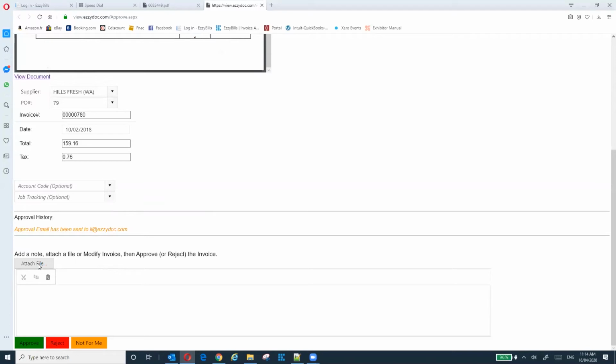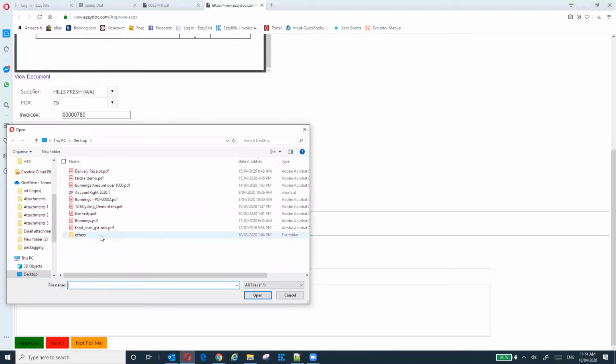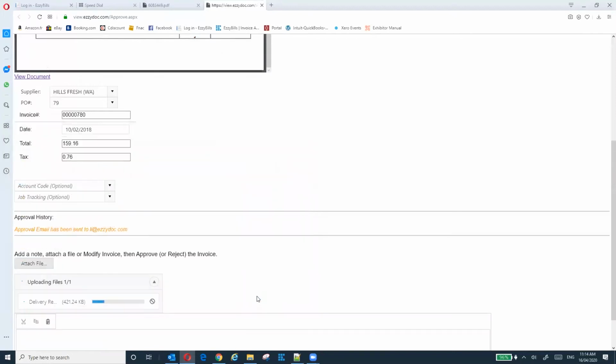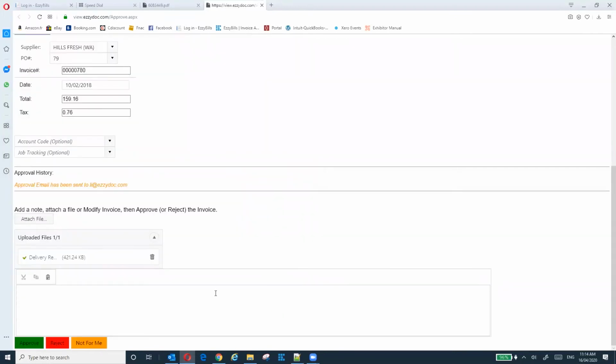For example, you say, okay, I have a delivery receipt, so you can add a delivery receipt. You can just click open. I want to put a delivery receipt there as well. And I want to put a note, whatever note you want to put,